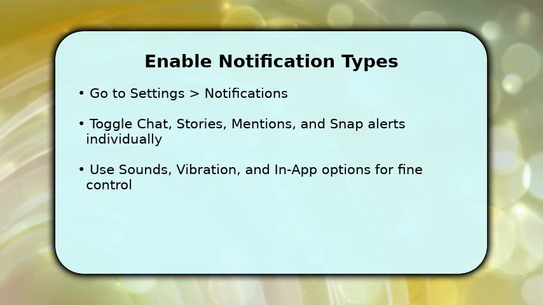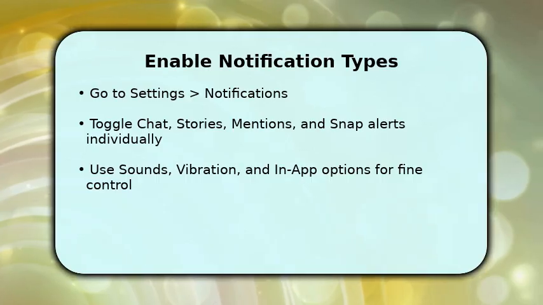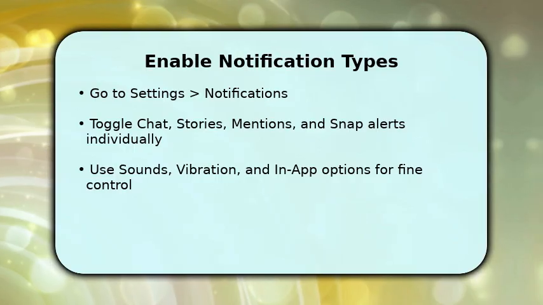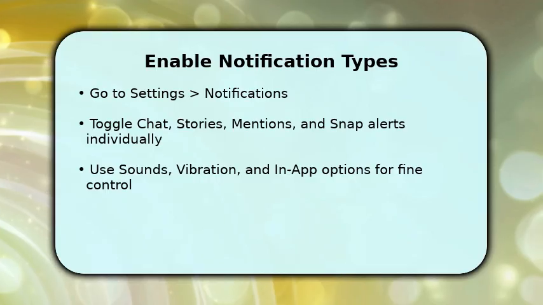Next, go to Settings and choose Notifications. This screen lists types like chat, stories, mentions, and Snap alerts. You'll toggle each type on or off depending on what you want to receive, because granular control reduces noise and